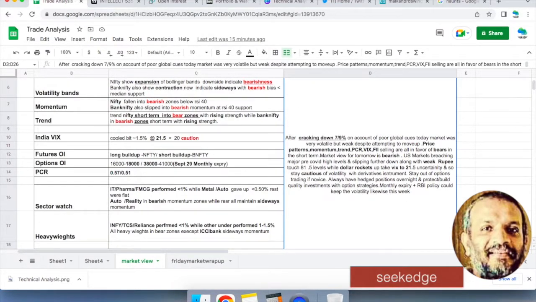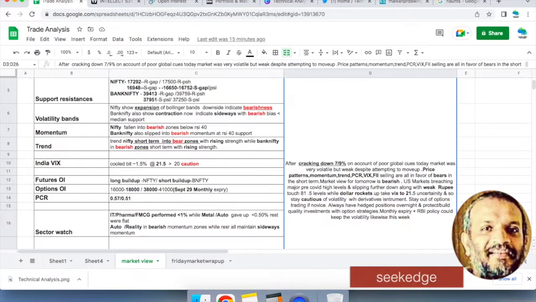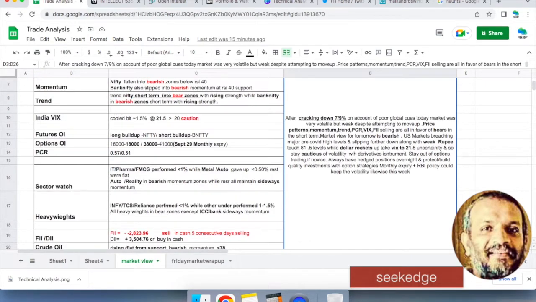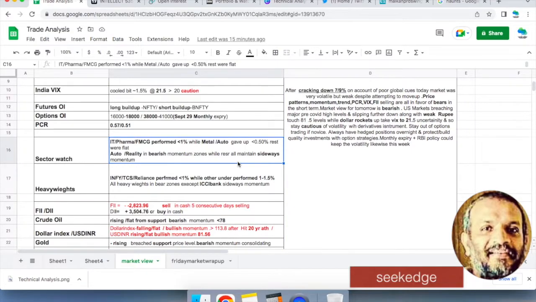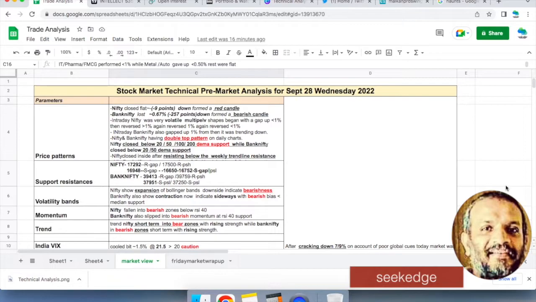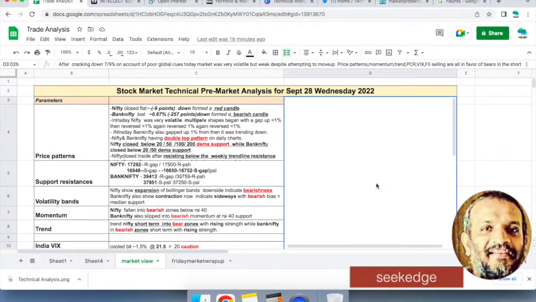If you have quality stocks which are losing, then hedge them with option strategies, which are discussed in our playlist: cash secured puts, covered calls and all that. Watch those videos and try to apply them to hedge and benefit, and get rental income while the market is moving down. Also, for investment, build up in SIP mode. Option strategies can be used for investment as well.